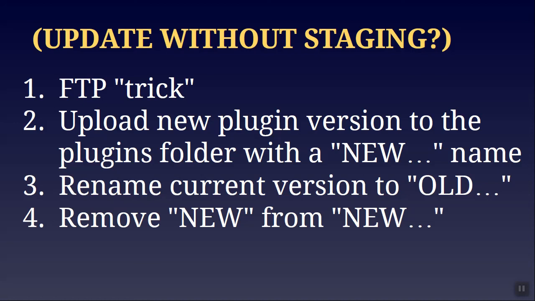At this stage, if you want to try the update without deleting the old version, you simply do this. You rename the current plugin version to "old WooCommerce", for example, and you remove the "new" label from your new WooCommerce or from your "WooCommerce 4.8"